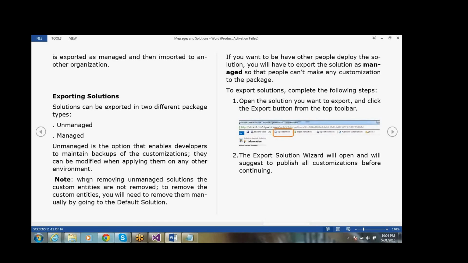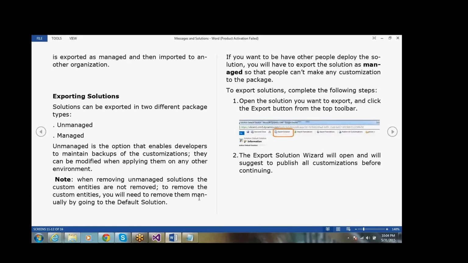So when you are removing the unmanaged solutions, the custom entities will not be removed. Okay. To remove the custom entities, you will need to remove them manually, by going to the default solution.